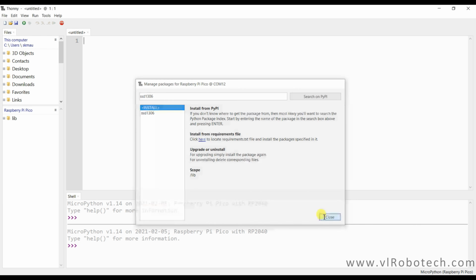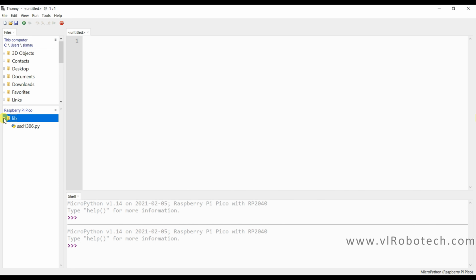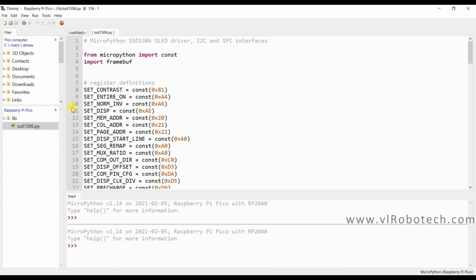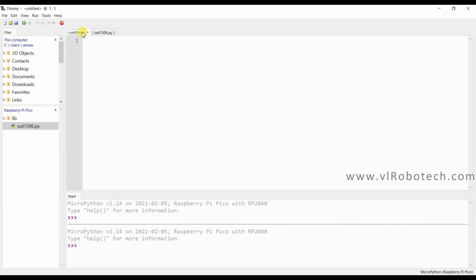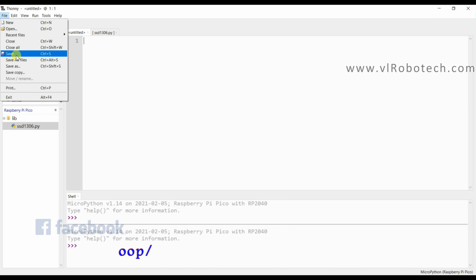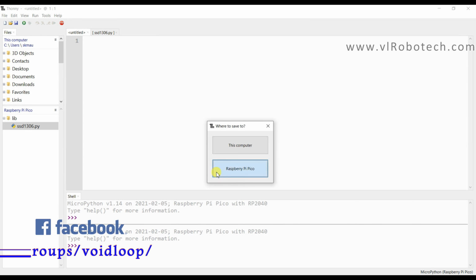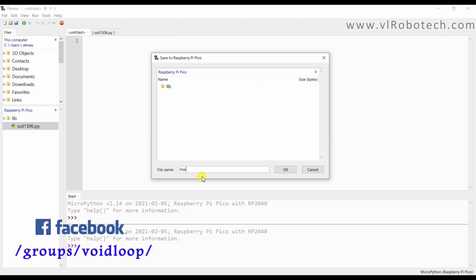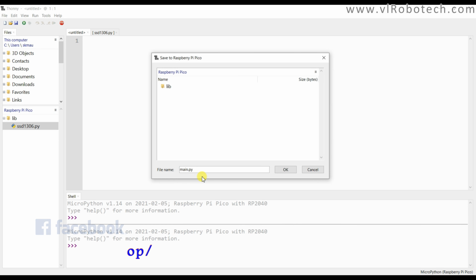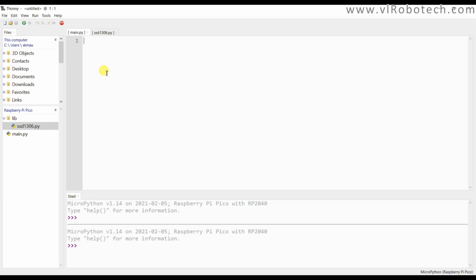Okay, and close. This is the right library. Now we will create another file, main.py, and I will save this. I will program here.